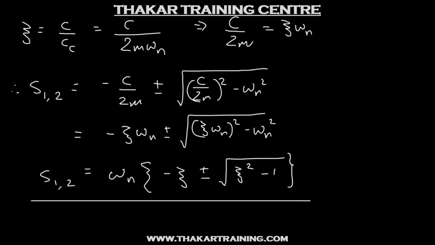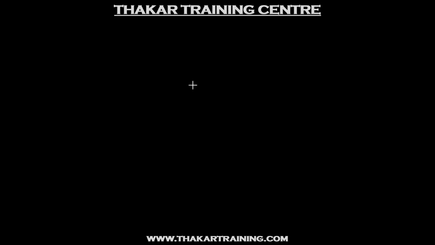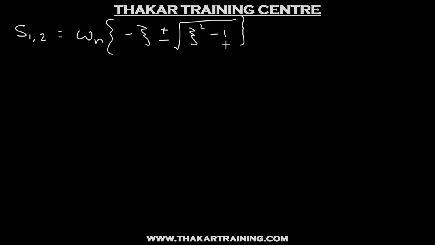And now we'll once again quickly understand what is the meaning of critical damping and how we can compare the actual damping with critical damping and understand the type of motion. Alright. I'll just write down the roots over here. S12 equal to omega n times minus zeta plus minus under root zeta square minus 1. All right, and zeta is nothing but C by Cc.